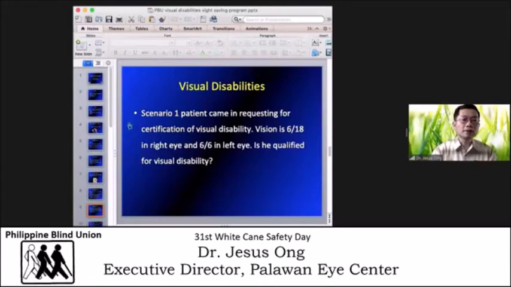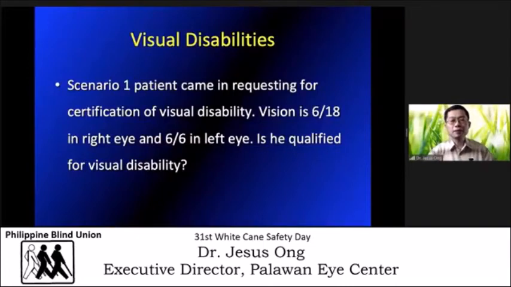So, ang sagot ay sa qualifications kasi, ang pinag-uusapan ay ang better eye. So, in this case, ang better eye is 6/6. So, strictly speaking, hindi siya qualified. Now, may binigay kasi na question about paano kung one eye na lang ang tao. Consider pa na visually disabled ang tao since 50%, no, one eye is blind, other eye is not.